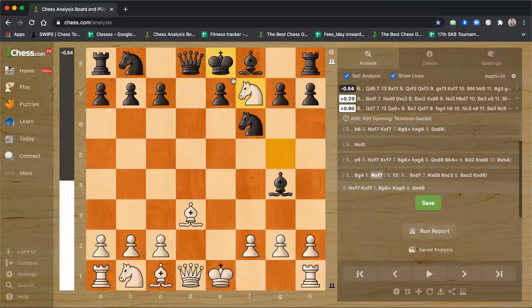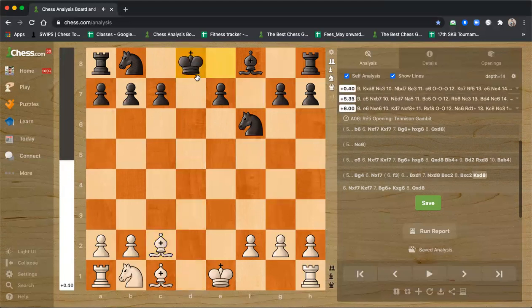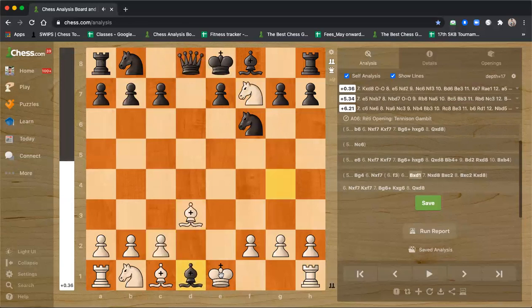If you simply go here, the line we looked at, black will win a pawn, but at the cost of not being able to castle, and white gets good pieces, knight out, bishop out, castles. White has very good compensation for the pawn. So you might not want to do this from the black side, but black does have, after knight f7,